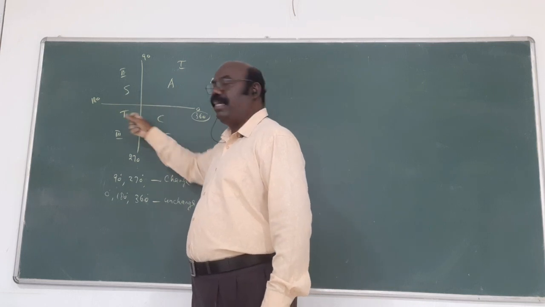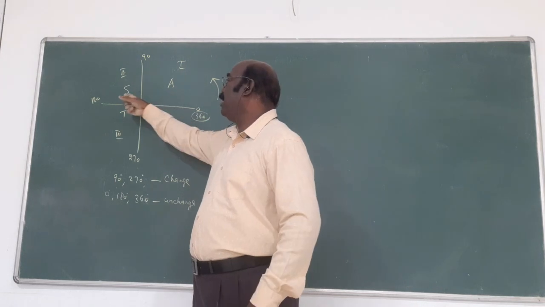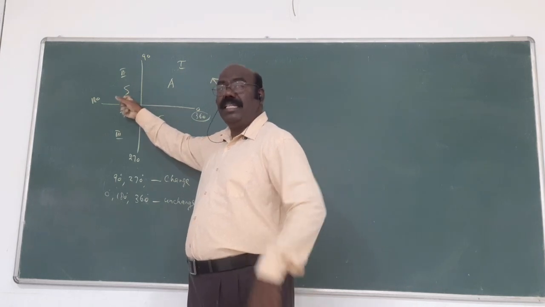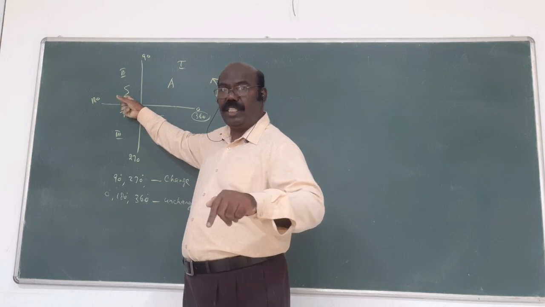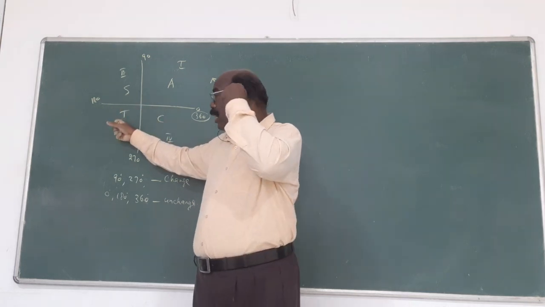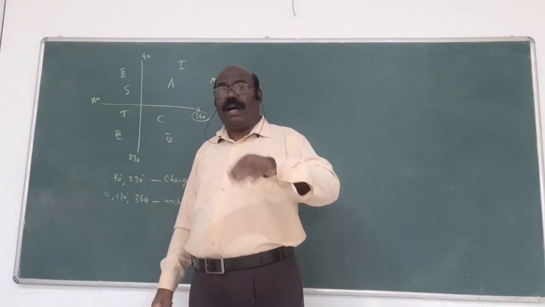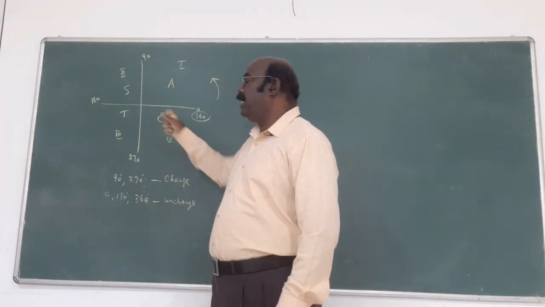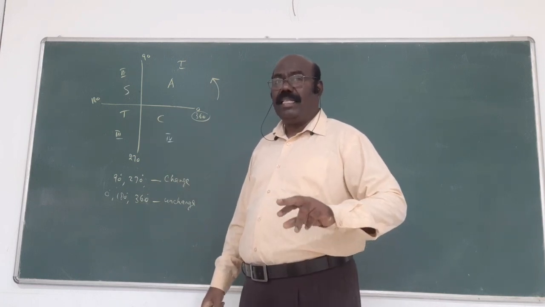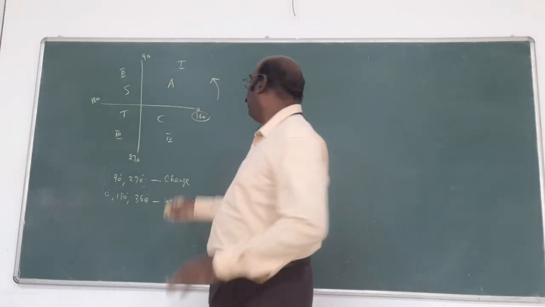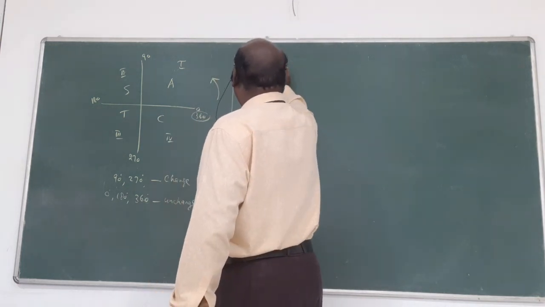All silver tea cup. All represent the first quadrant, all are positive. S represents the second quadrant, sine only positive. Sine and the reciprocal of sine, cosecant, is also positive. For the third quadrant, tan only positive. Tan and the reciprocal of tan, cot, also positive. C represents cos, and the reciprocal of cos, secant, is also positive.